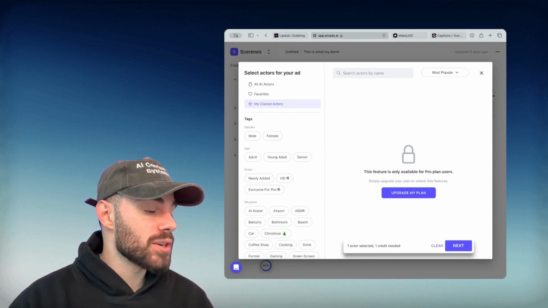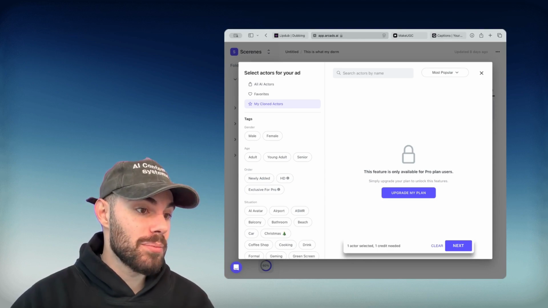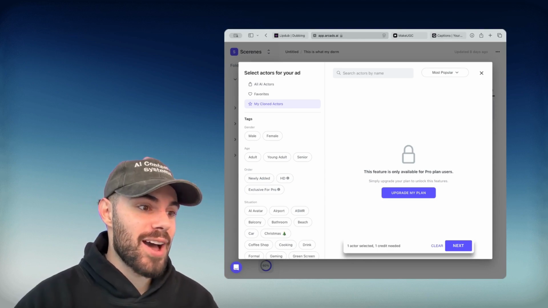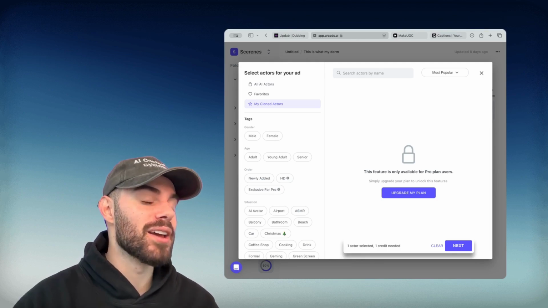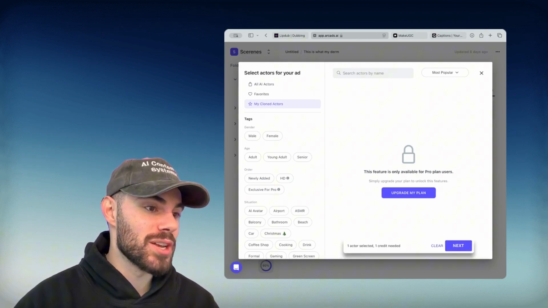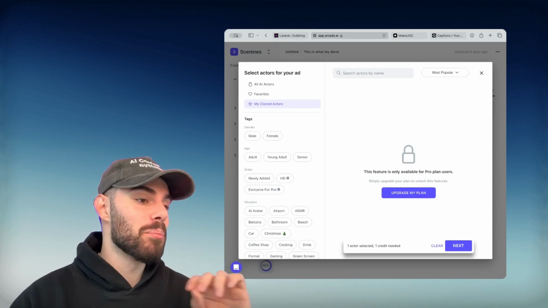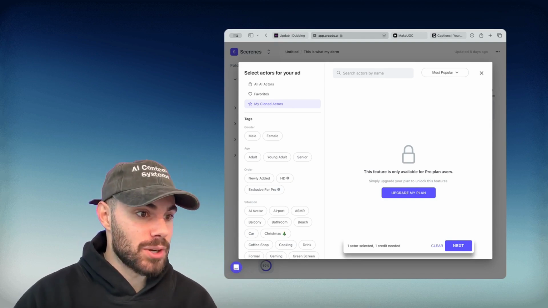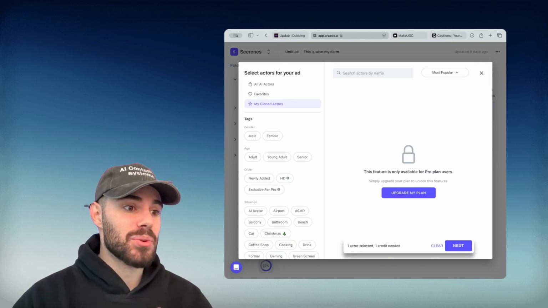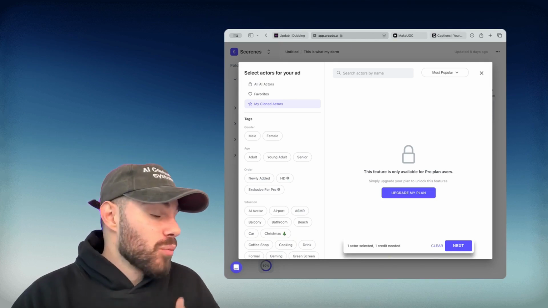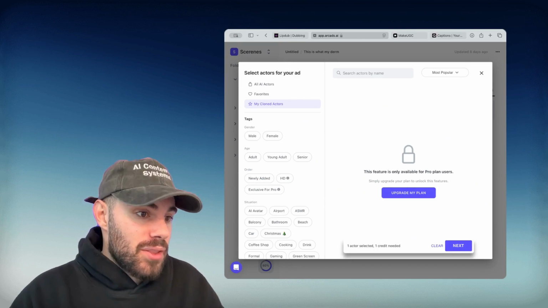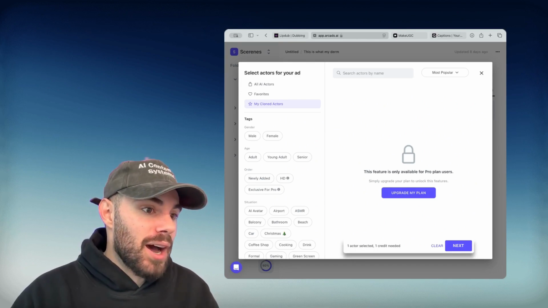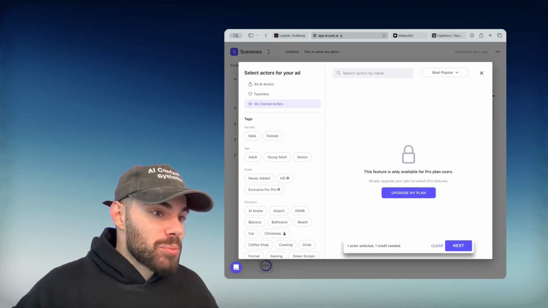However, instead of the $20 that it takes you to train an actor with LibDub, now they charge you $105 and you need to buy a $550 subscription to have the ability to train your own model. So now this becomes very expensive very quickly. I would not use Arcads to do that. It's too expensive. And we know exactly what they're using. They're using LibDub to create a marketplace.